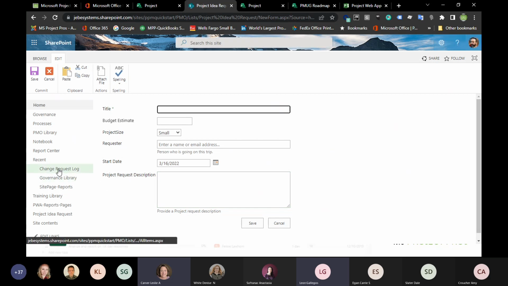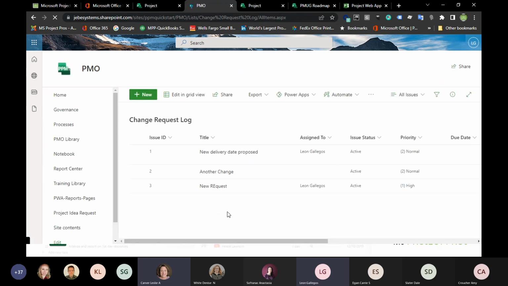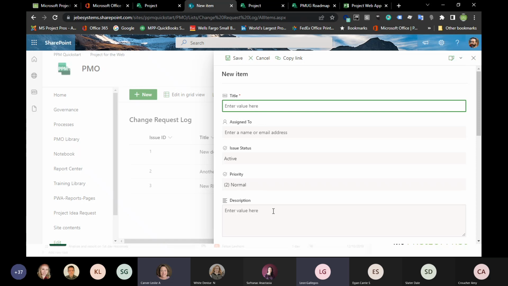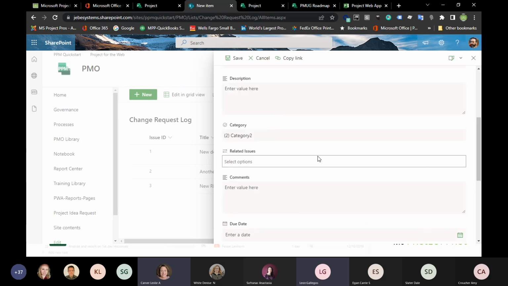The other thing you can manage from here would be things like change requests. We see quite a bit of this as well, where I want to make a change request for a particular project that I'm working on. So again, I can come in here and hit new and then choose the project. I don't have it configured here, but what we would typically do would be to pull the project into this list so that we could identify which project we're actually making a change to.